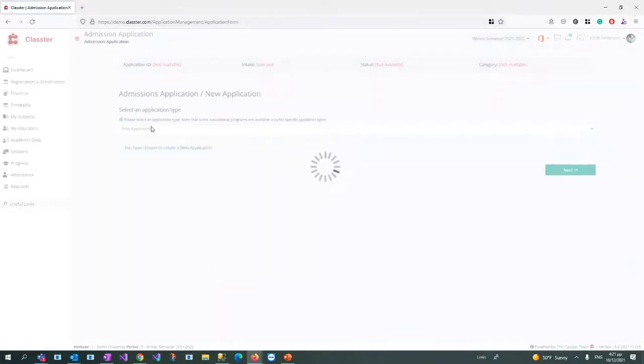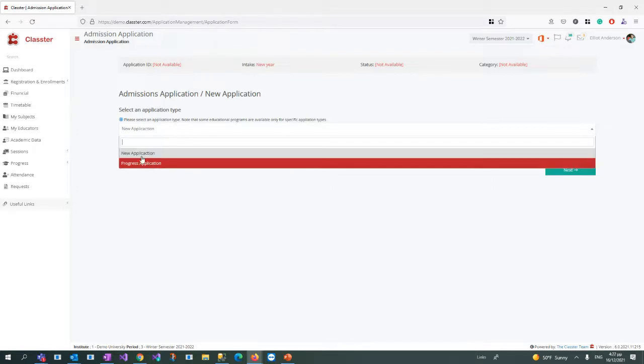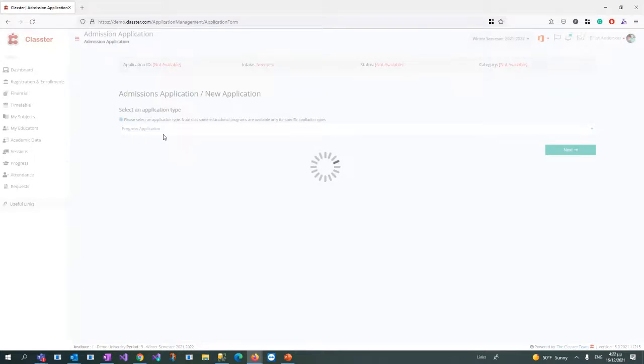You can have your special options here. For example, I either want to do a new application or we can have a program transfer here or a progress. The progress means that